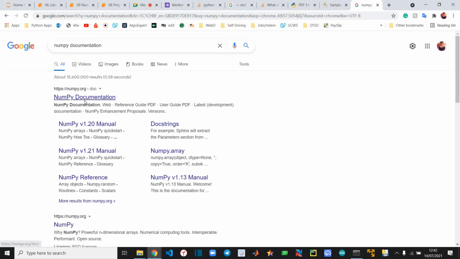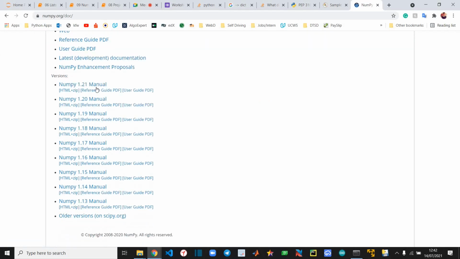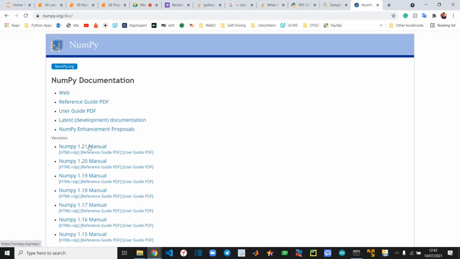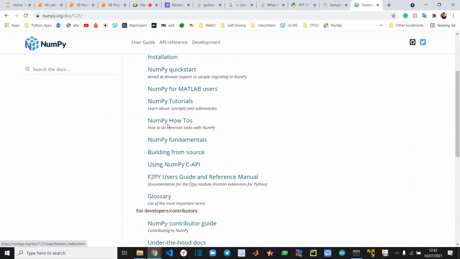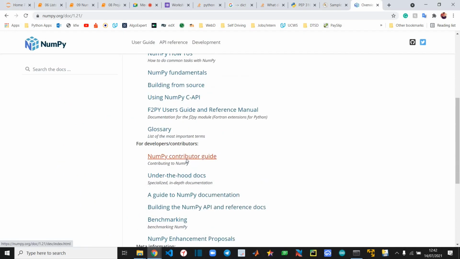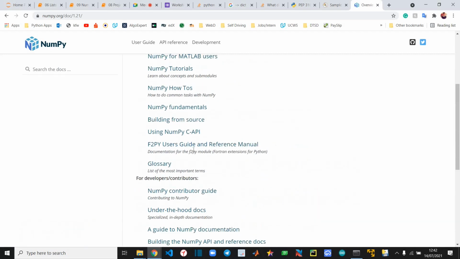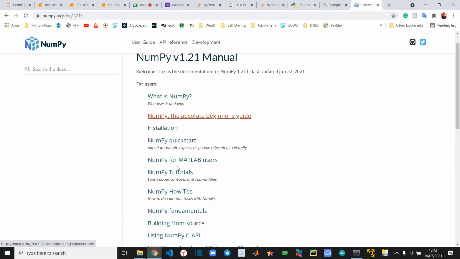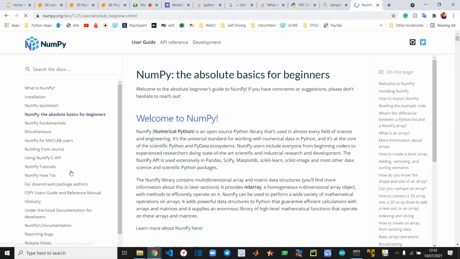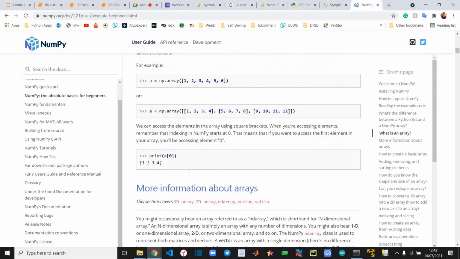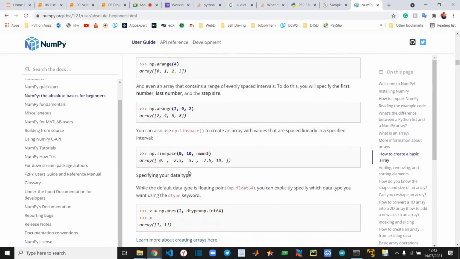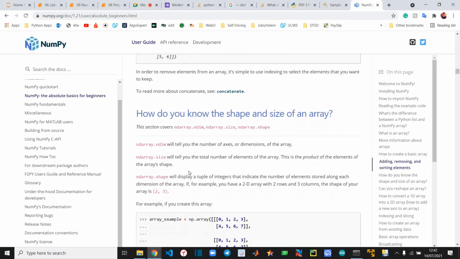NumPy documentation. You can see installation, the contributor guide, and there are also tutorials and all this kind of code.